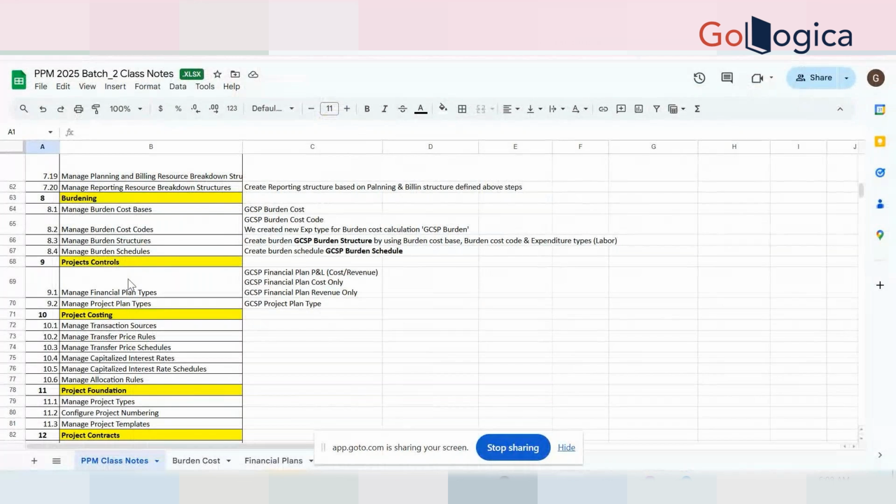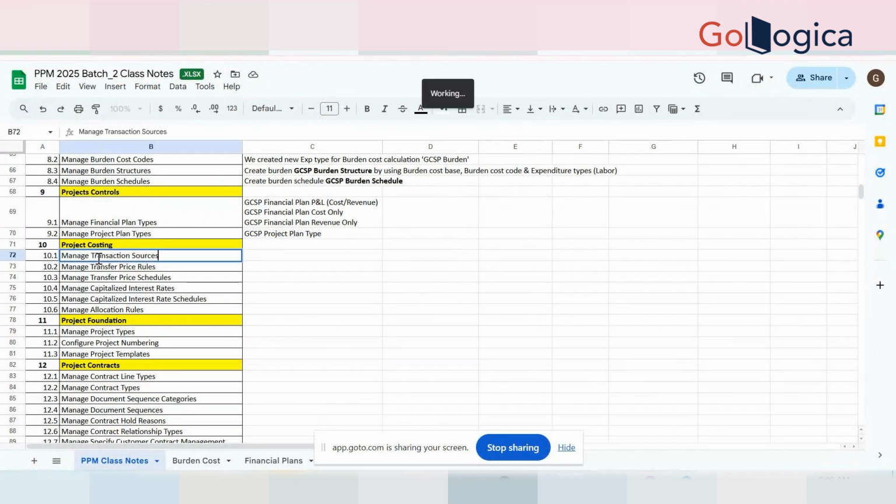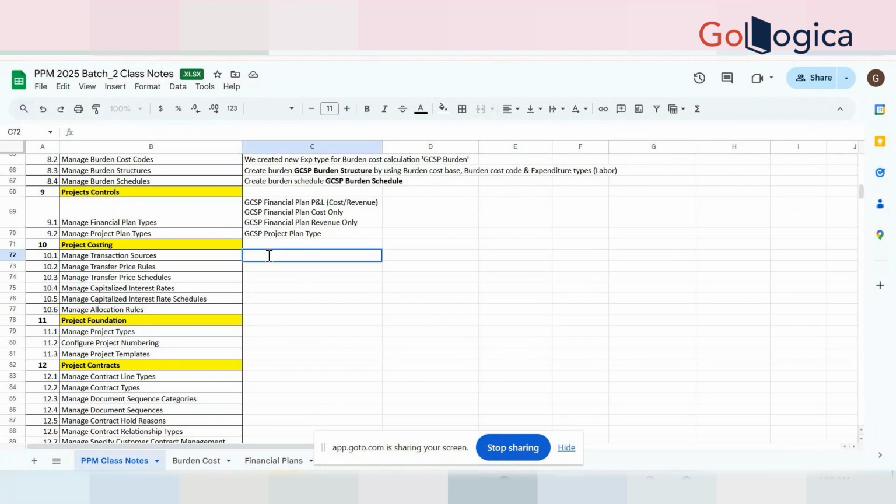We are going to cover project costing, which will contain the transaction source, TPR, and other things. Under this, to start with, the manage transaction sources. Mainly, the transaction sources means from where, which modules or systems we are going to get the cost transactions. It could be internal, in the sense you might have, let's say, OTL,